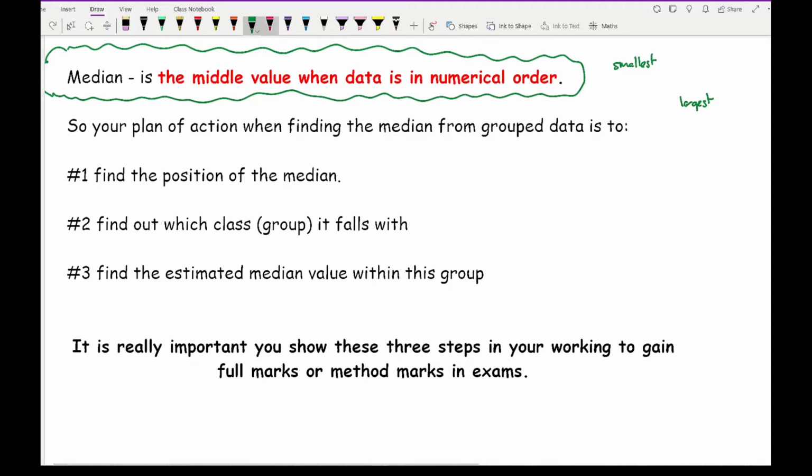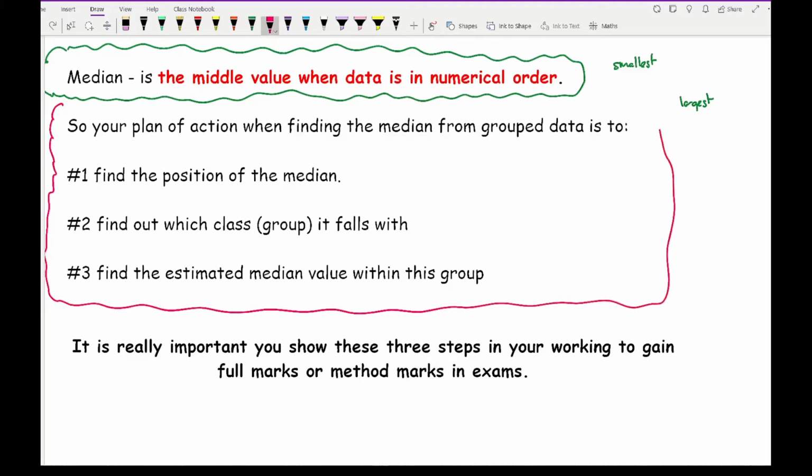Now in terms of your plan of action, these are the three main steps that we're going to cover. So if you're making notes or revision notes, it's definitely worth making a note of these three things. So your plan of action when finding the median from group data is: 1, find the position of the median. Now the position of the median is different to the actual median. A lot of students get these two things confused, so make sure that you're not writing the position as a median and vice versa. Also, the second step is to find out which class or group it falls within,